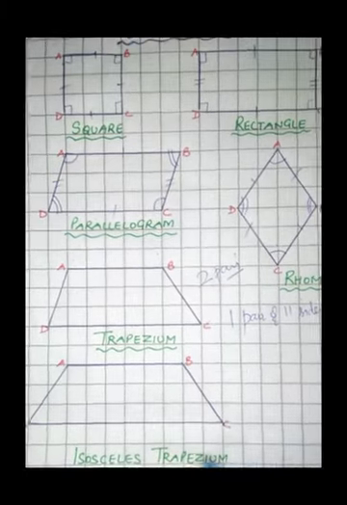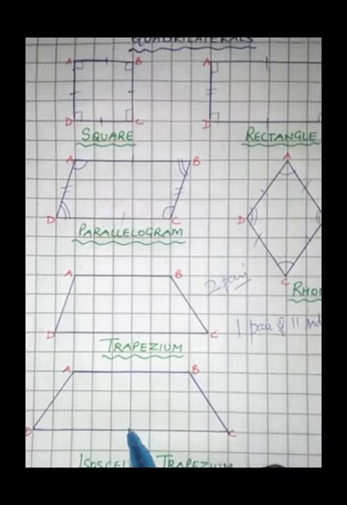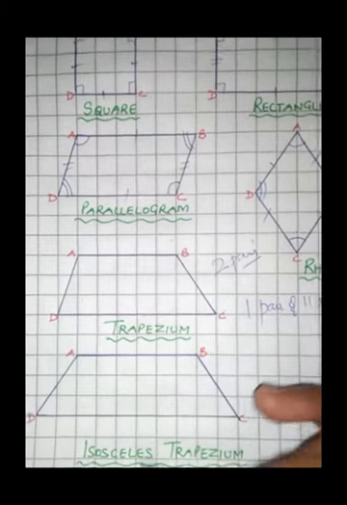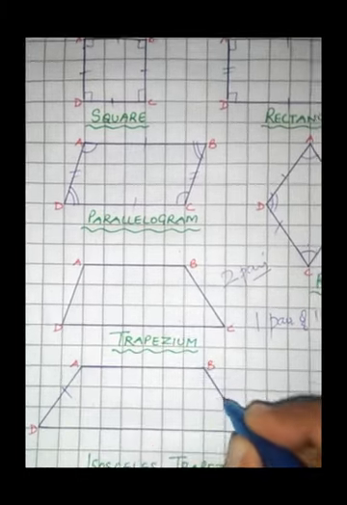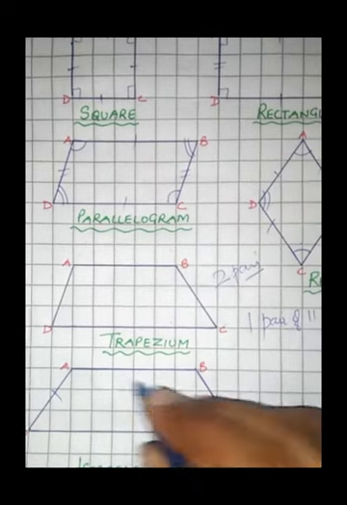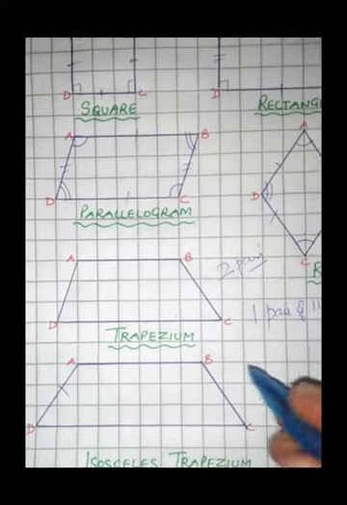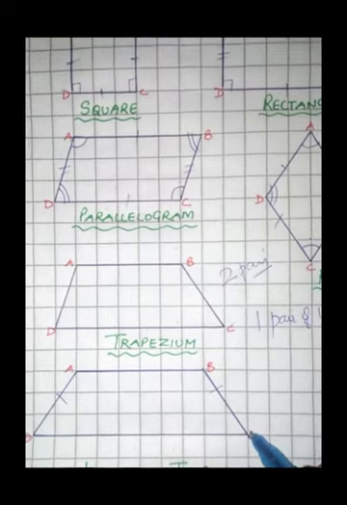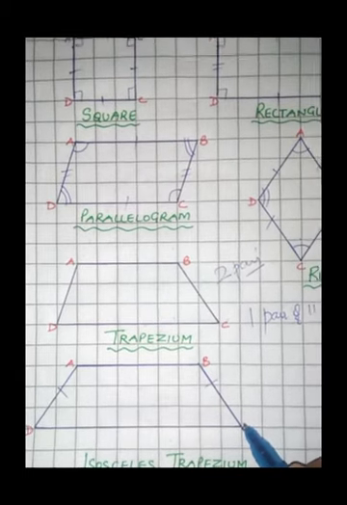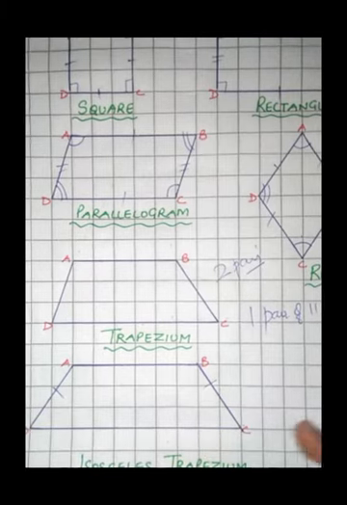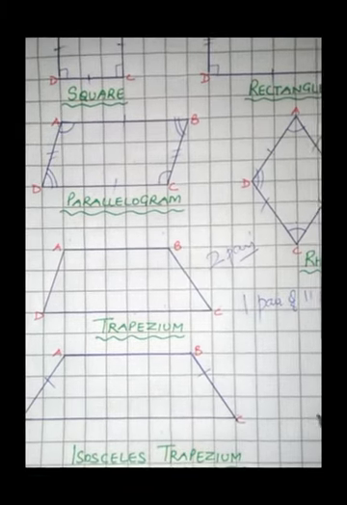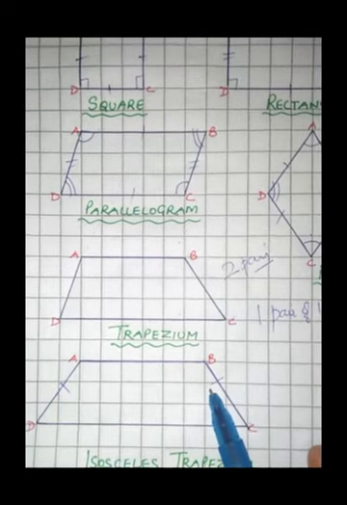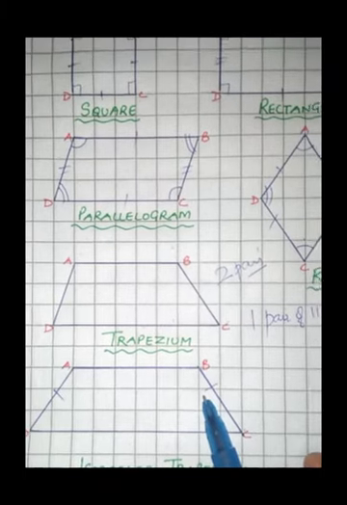Right? Now, coming on to the next quadrilateral, this is a kind of trapezium. It is a trapezium which has one pair of parallel sides, as you can see, AB and DC are parallel, and one pair of sides equal. That means if AD is equal to BC, that type of trapezium is called an isosceles trapezium. Like in an isosceles triangle, two sides are equal. So in a trapezium also, when the two non-parallel sides are equal, that is called an isosceles trapezium.